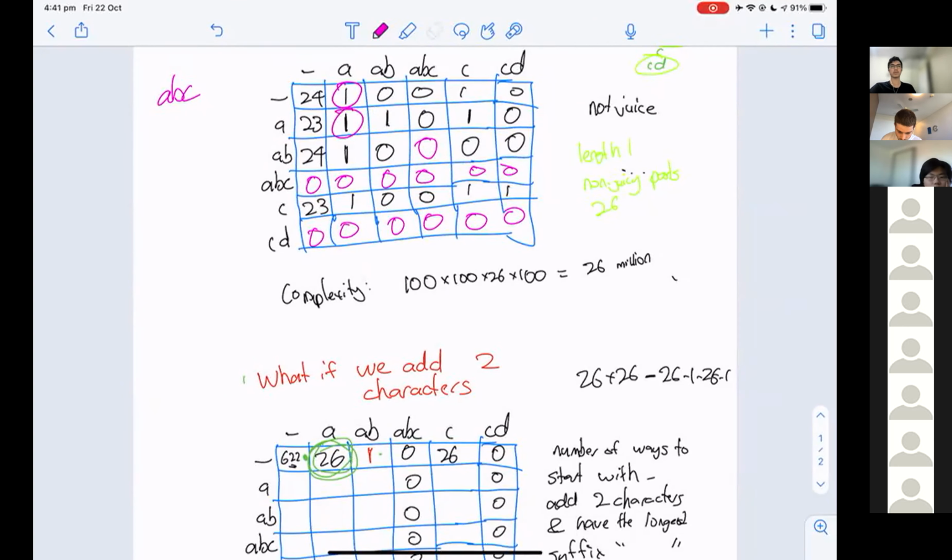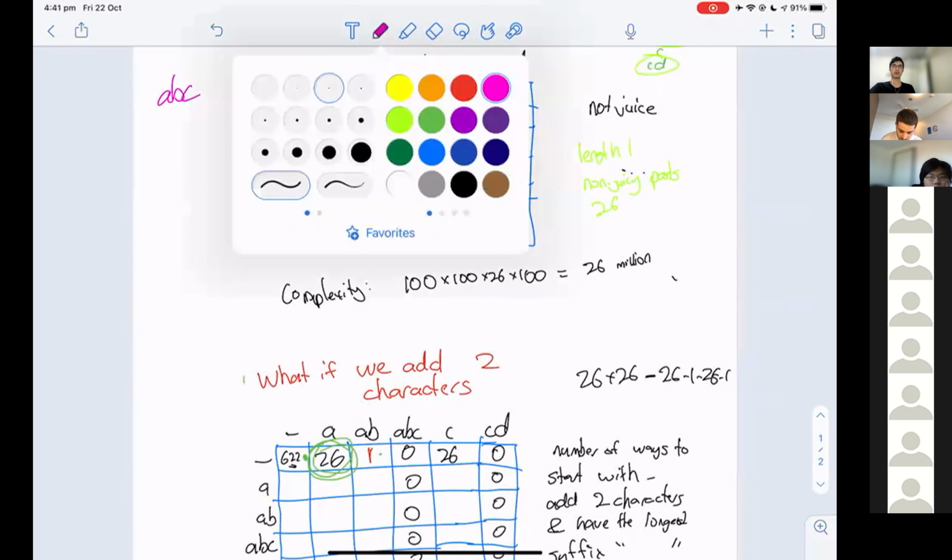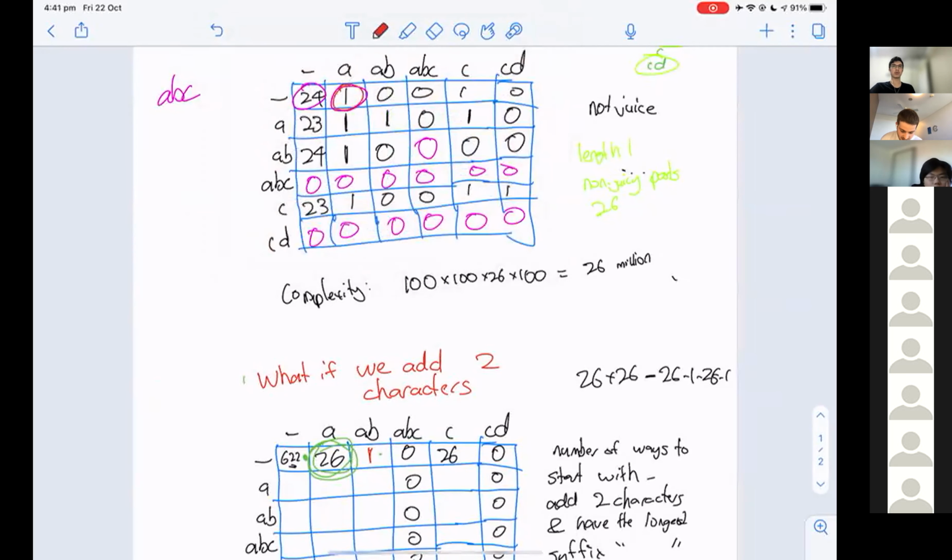We also multiplied blank to blank with blank to A. So we multiplied this value times this value. We then multiplied blank to A with A to A, these two together. We then multiplied blank with AB through to A. We then multiplied this value here with this one here, with this one here, with this one here, and this value here with this value here.